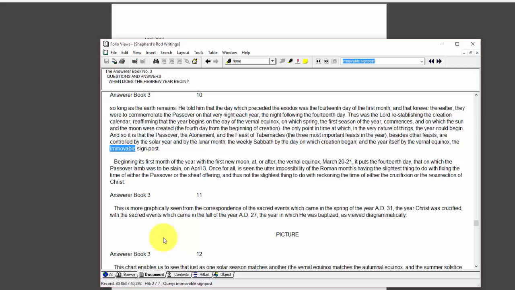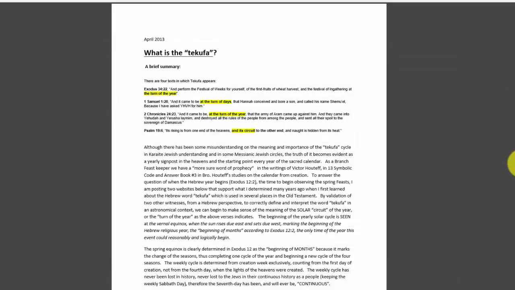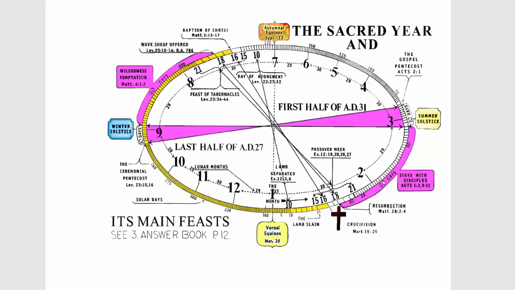controlled or marked or initiated by the vernal equinox here, which he calls the immovable signpost. And that's important to keep in mind. Now, getting back to my question,